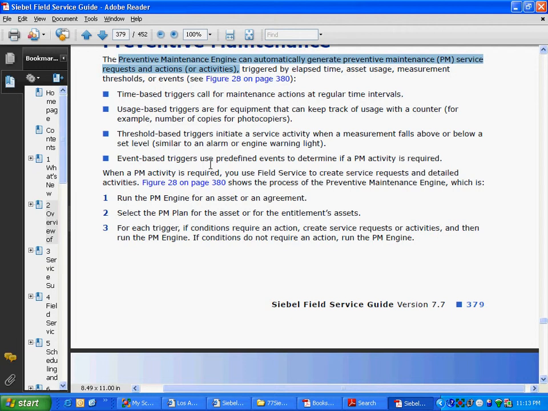Making sense? So we'll try to get into that inside functional components. Like Siebel has certain components, right? Like we can always write a workflow process, so that's a component of Siebel. So why do we need a special engine? Why can't we just implement using workflow? Or is it an out of the box workflow that Siebel has provided? Is PM Engine just a workflow? I'm starting this study with these questions.